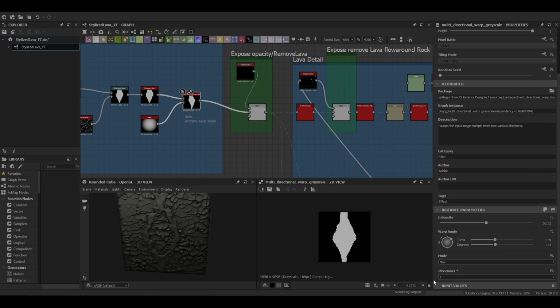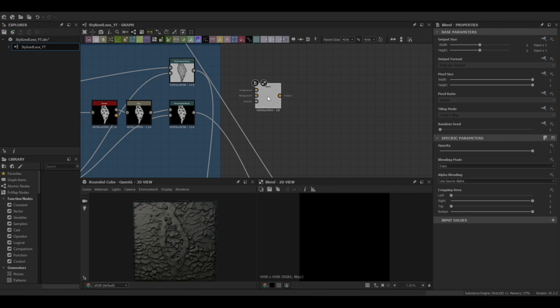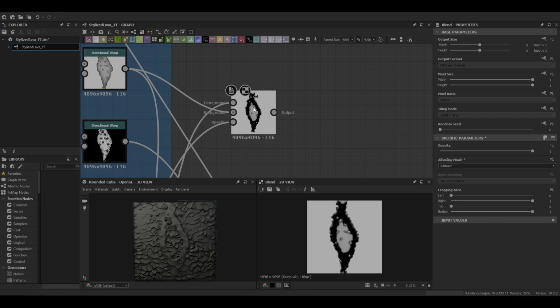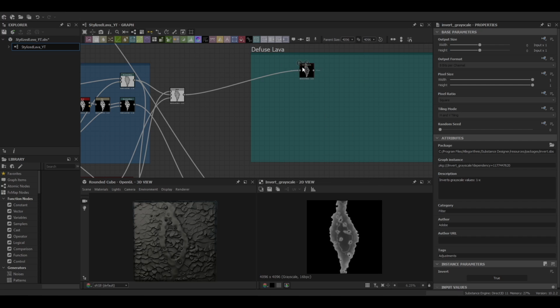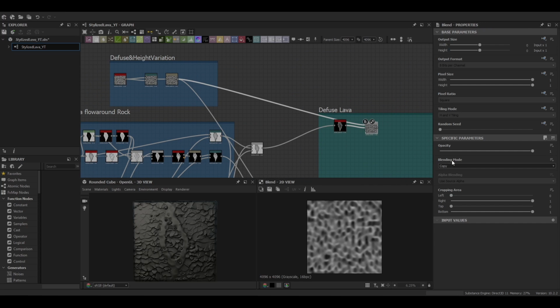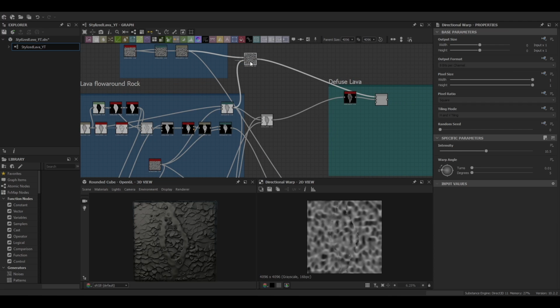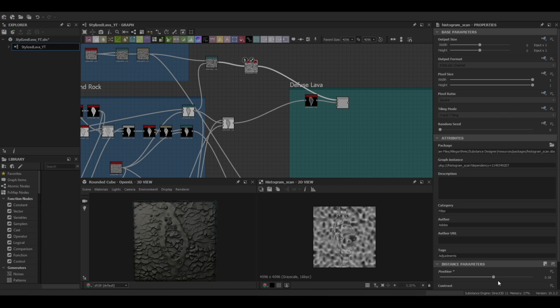Make any final adjustments to the graph that you want to, and then we can move on to the diffuse part of the graph. So it's just going to be a mixture of the two heights, so our cutout height with our original height. Then I'm going to reuse the same noise that we used for the height. And the next thing we're going to want to do for the diffuse is make it a little